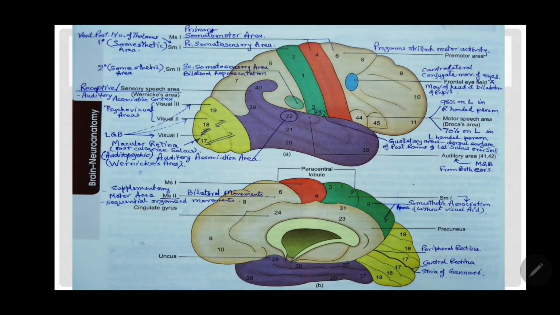An important thing is, think about a person who has accidentally become blind in his adult life, not congenital blindness. He has been living his life normally, he has seen the world and different things, and accidentally he gets blind. Now it is this area which will function as his hidden eye.